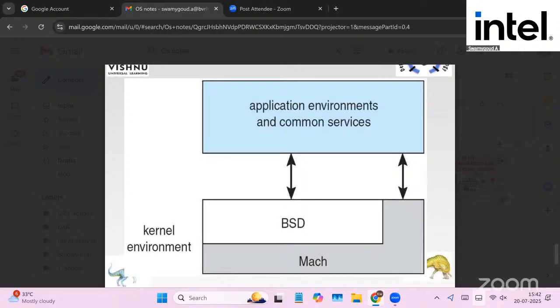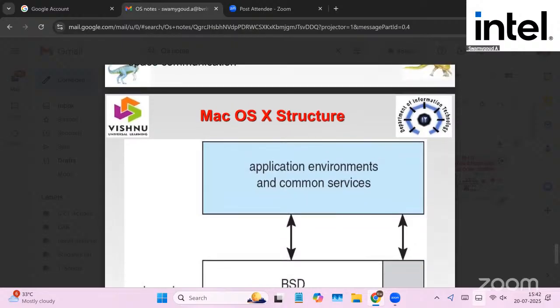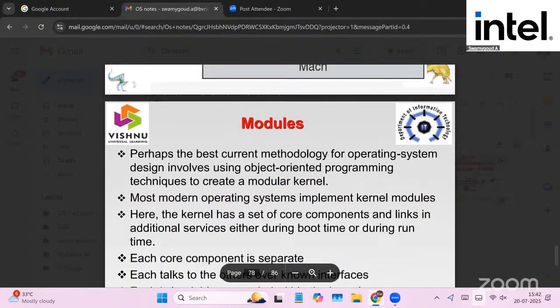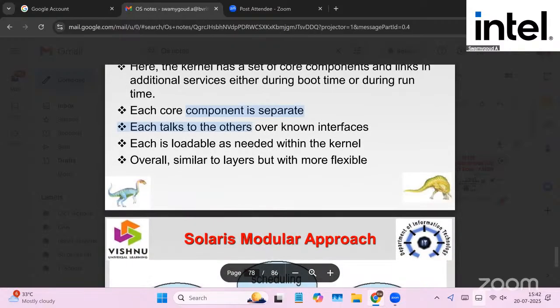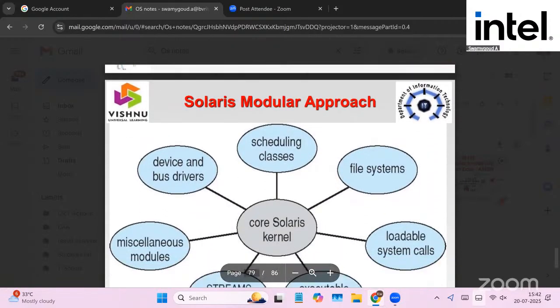So among those huge number of programs, one simple program, one small program can be loaded in a place called kernel. So here we can say microkernel is an environment to load this, and upon this, the application environment for the common services of the end users. So next one, next. I will provide this modular Solaris modular approach. See here,